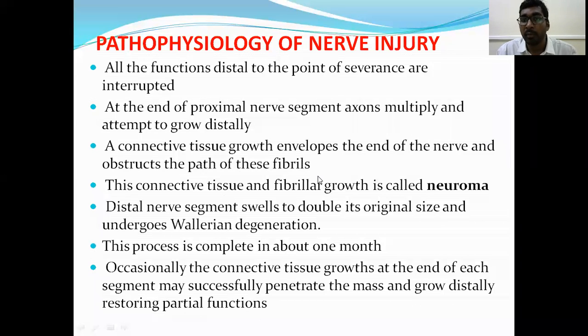This connective tissue and fibril growth forms a mass lesion called a neuroma, as part of the body's reparative process. The distal nerve segment swells to double its original size and undergoes Wallerian degeneration. The entire process completes in about 1 month. Occasionally, the connective tissue growth at the end of each segment may successfully penetrate the mass and go distally, restoring partial functions. So, nerve is one of the few tissues in the body which has very little